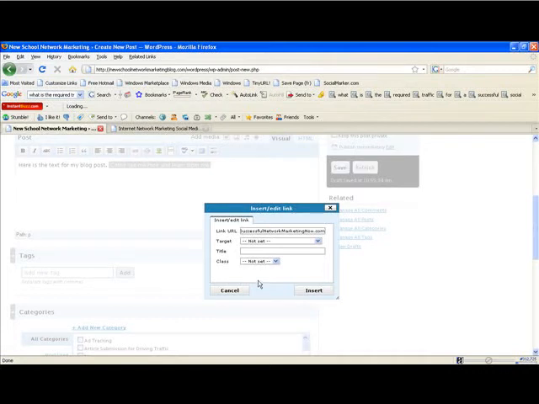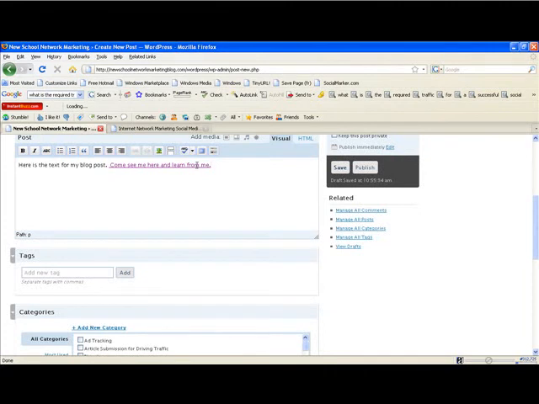And I just typed in the website I want people to go to when they click on that particular text. This is one of my websites, and I just click insert, and boom, it's right there. Once I publish this blog post, when people are looking at it and they click on that link, they automatically go to that website. Really useful feature, and that is literally as complicated as it has to be.